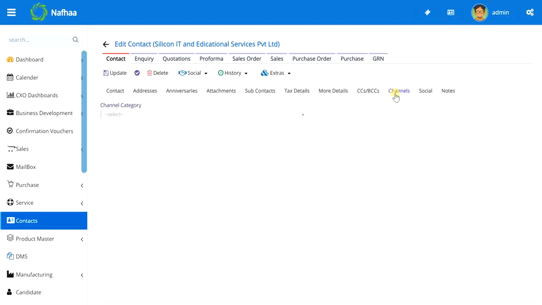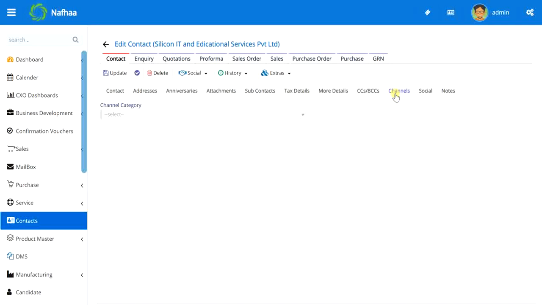So channel management, Nafa even takes care of it. You can have stockist to retailer management. You can define different pricings for each of your channel categories, and while making a transaction, you need not worry about referring to the pricing chart.